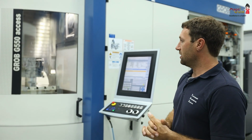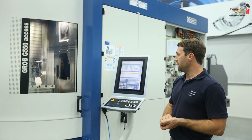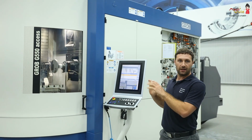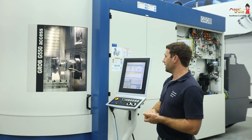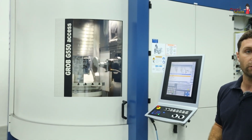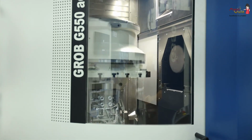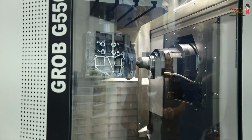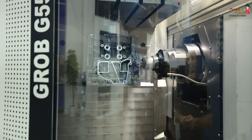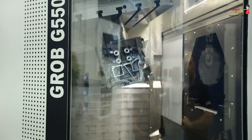On the access machine we have a gearbox in the A-axis and a torque motor in the B-axis. We have high dynamic values and different spindles. In this configuration we have an HSK 100 spindle with 10,000 RPM and 340 Newton meters of torque on the spindle. So it's a heavy machine for roughing steel materials, titanium, Inconel and all heavy